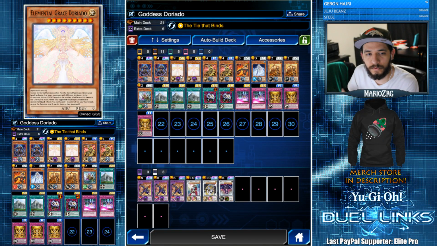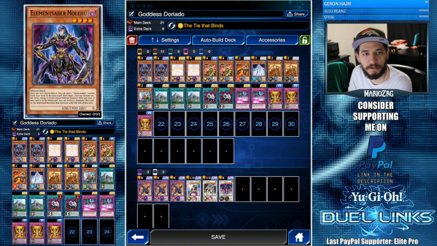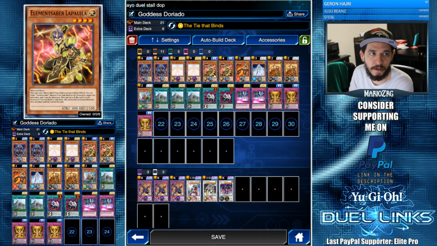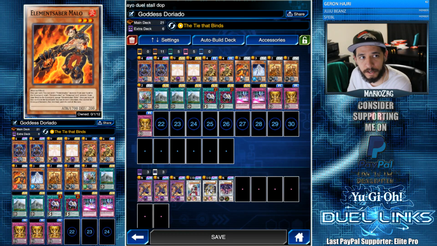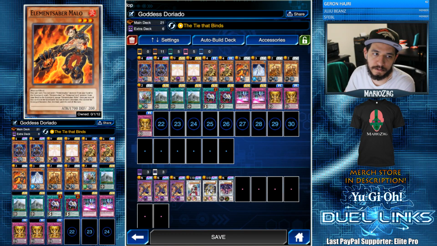And yeah, I really wanted to try it out with Elementsabers. Everything else is pretty standard as far as Elementsabers go. We have 2 Molehu, which is all I have. I would run 3 if I had 3. 2 Lap. I am running 1 Malo, which I normally don't use in my Elementsaber decks, but this card is